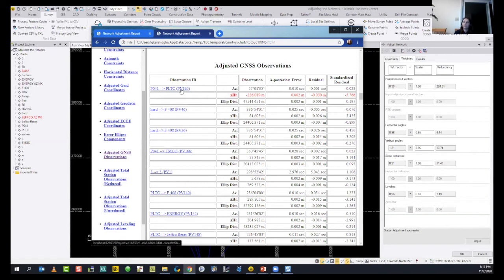So you can disable this vector, or maybe you can come back to your project explorer, disable and recompute, or you can just leave it like that. At this point, you are the one to decide where you want to stop, because it keeps going. When you disable this one and readjust, maybe you have a different observation that just fails on the tau criterion. Maybe not.